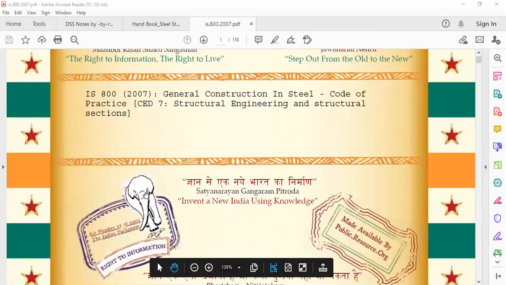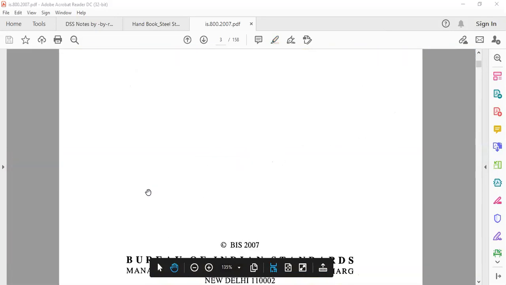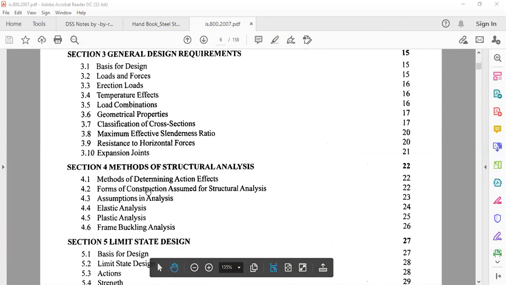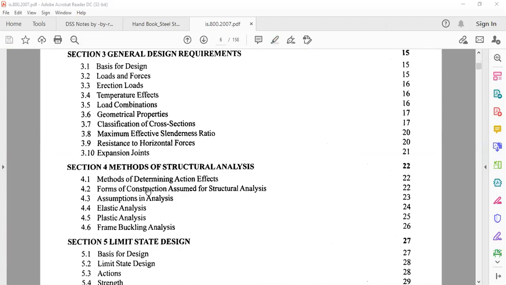Before going to the problem related to laced column, that is, the column is a compression member. Okay, we all know that. So the regular part, that is design of compression member, we have to do first, such that for the given load we have to calculate the area requirement from the P is equal to AE into FCD formula.